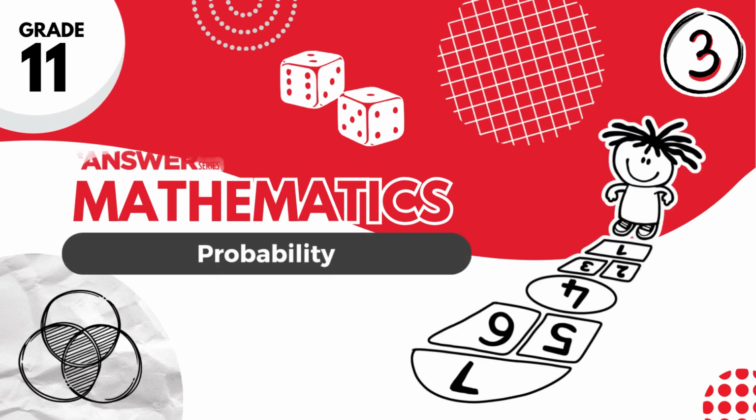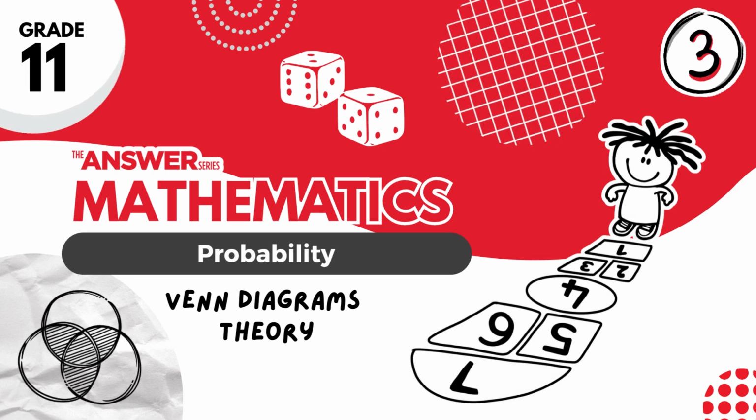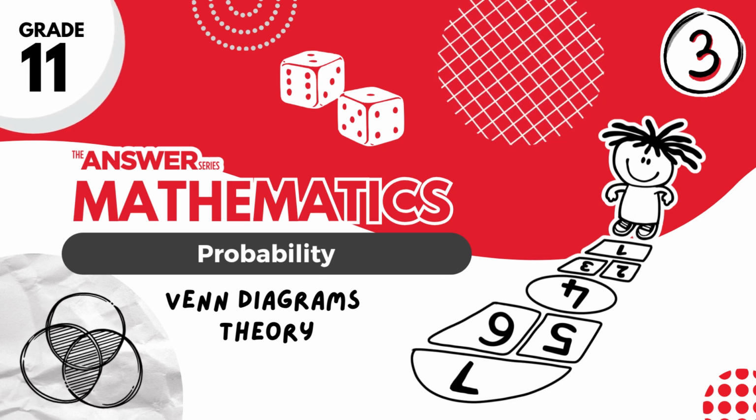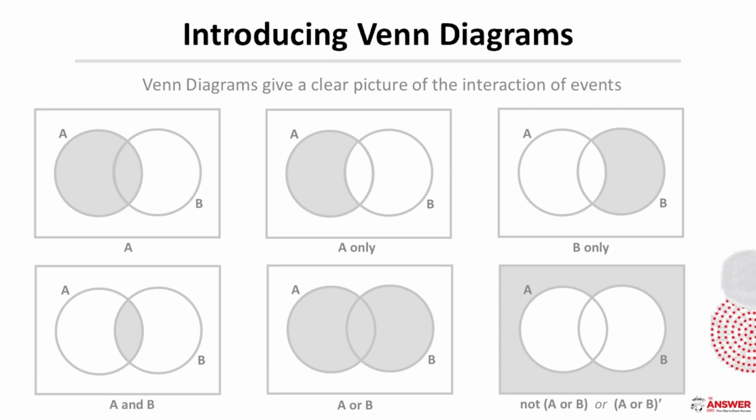Hi and welcome to this next video in the probability series where we are going to dive straight into Venn diagrams and some probability concepts. These here are examples of Venn diagrams and they're a great way to give a clear picture of the interaction of events. These are all examples of two events within a sample space with shadings indicating different ways of selecting